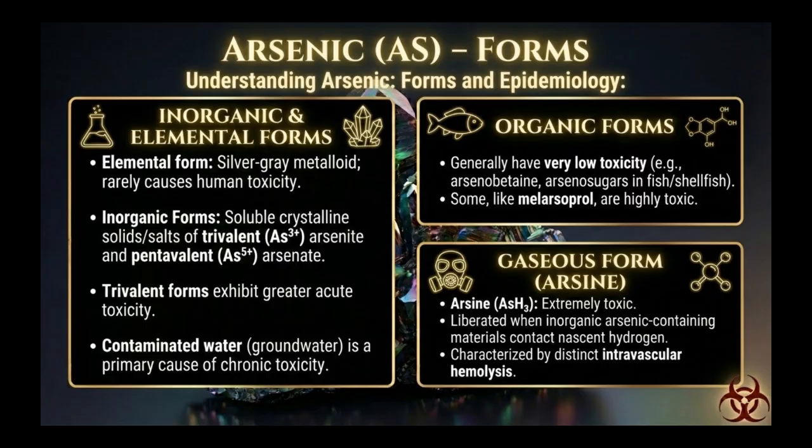It is released when inorganic arsenic-containing materials come into contact with nascent hydrogen. Industrial accidents have resulted in severe poisonings, particularly when metal ores or alloys that contain arsenic, like aluminum or zinc, interact with acidic or sometimes alkaline solutions. Poisoning by arsine is distinctive in that it causes intravascular hemolysis, which is the destruction of red blood cells within